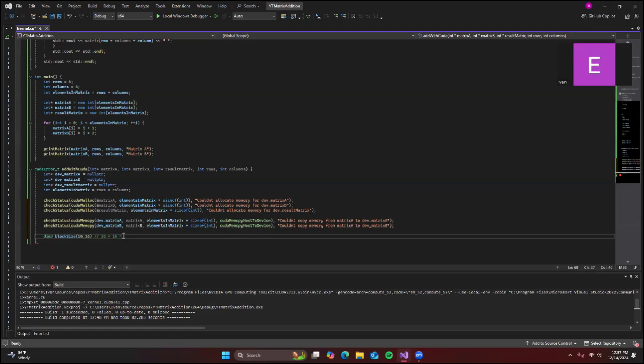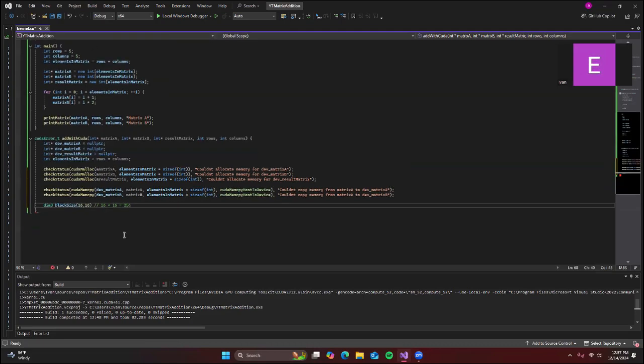Multiply those together for a total of 256 threads calculating a single operation. So within one block, we're going to have a 16 by 16 amount of threads, 256 total. And each one of these threads is going to be doing one calculation at a time